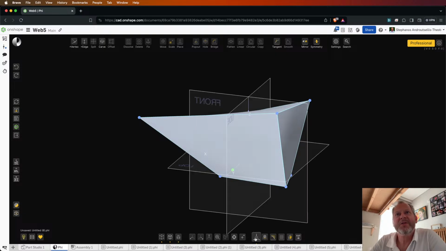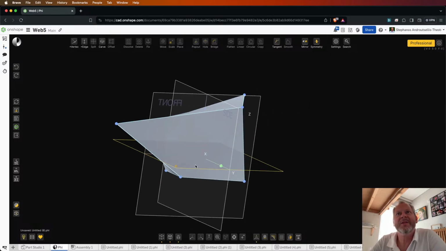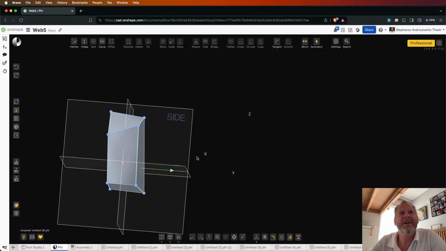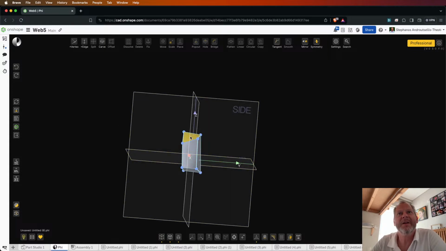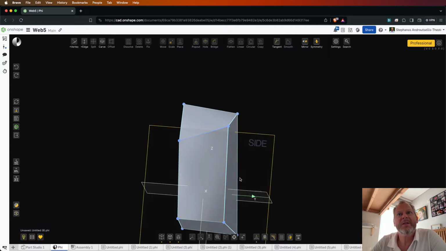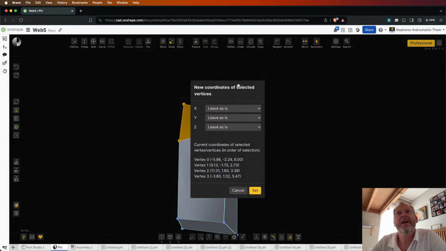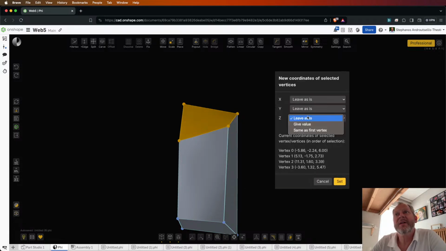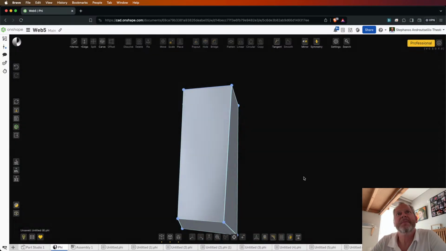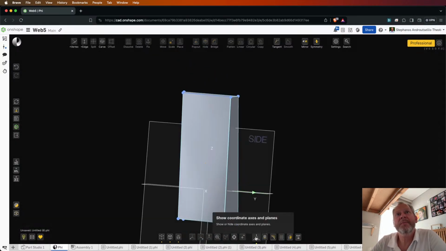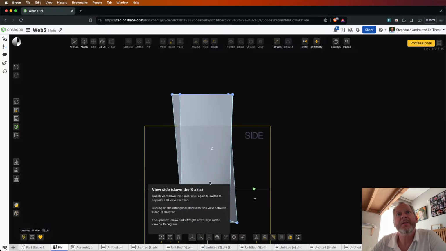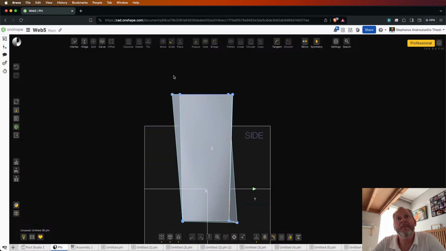let me do this again because I had rotated and we were not looking with the z coordinate vertical. So now the z is pointing up, so let me hide this. So let me just repeat this very fast. I select everything. I leave x and y as they are, and I make z the same as the first vertex I selected. And as you see, everything moved up,